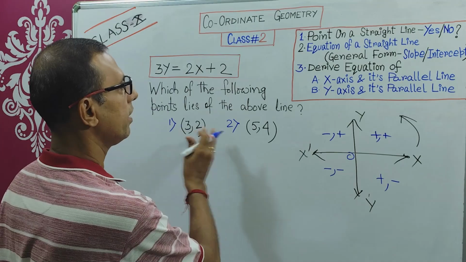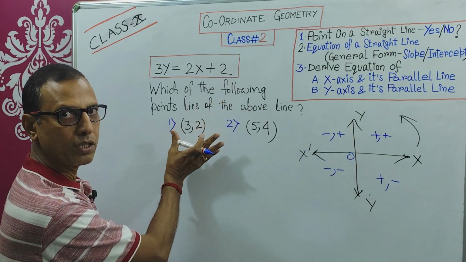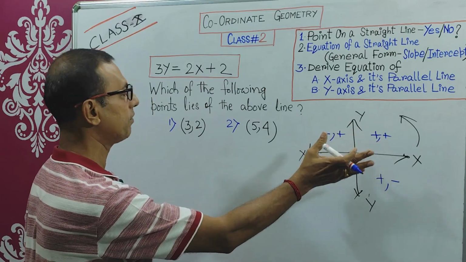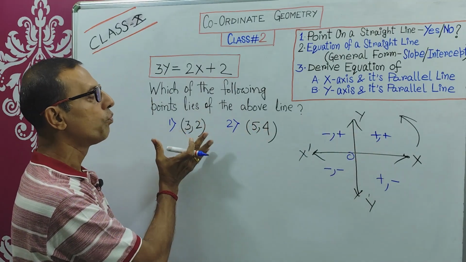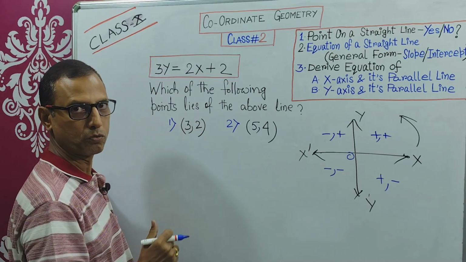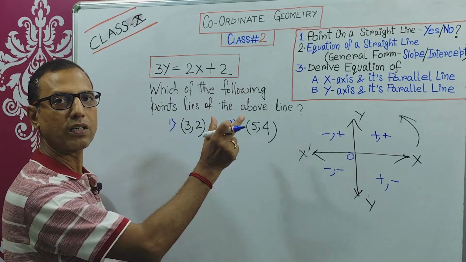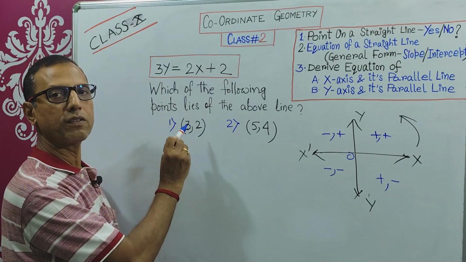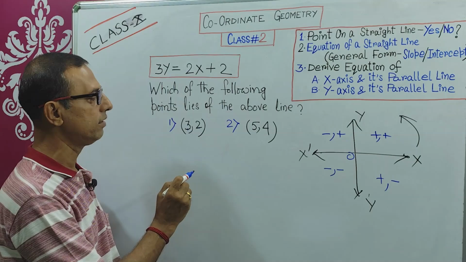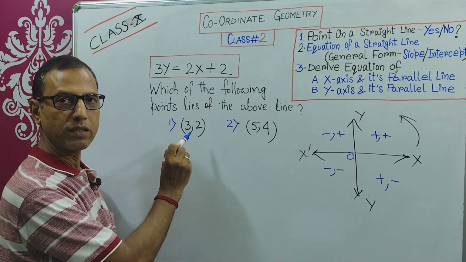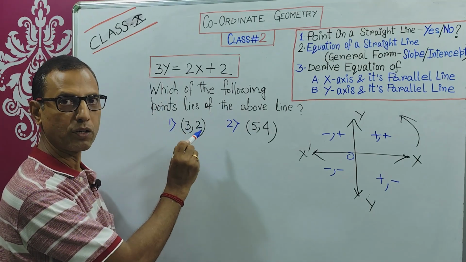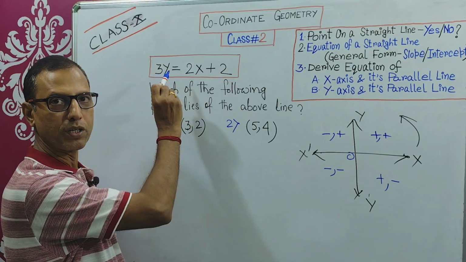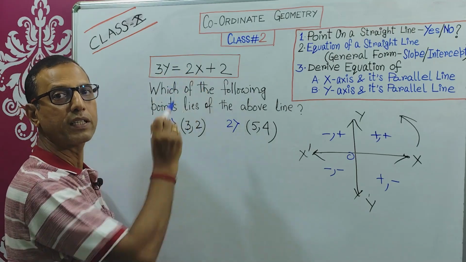Now, it's in no way related to this particular question, by the way, but still, just to recapitulate, you need to remember that because I will ask immediately after this in which quadrant this point belongs. If any point lies on the straight line, in which quadrant does it belong? So, if a point lies on a specific straight line, that means if you put the x coordinate and y coordinate of the point in the equation, the values should satisfy that equation,